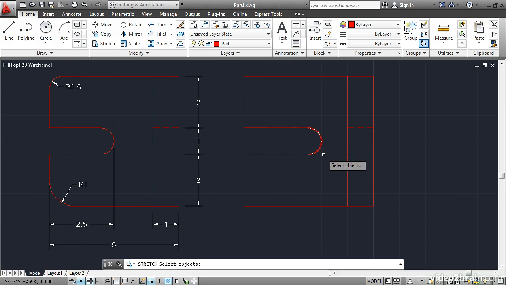You can't just click on it. You have to do a crossing window. So click below the area that you want to select and to the right. Move up and to the left to make a crossing window, click again to select, press Enter to exit Select Objects mode,